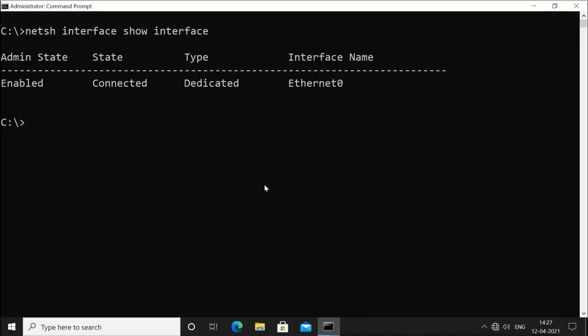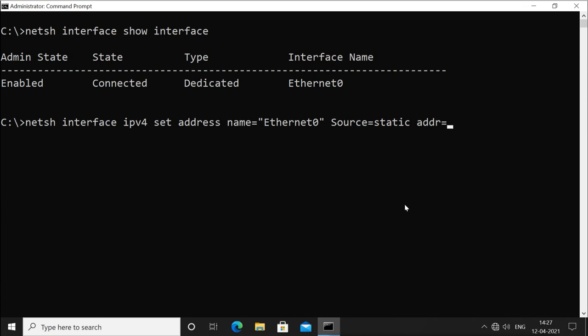This time you will use interface ipv4 set address and name equal to Ethernet 0. Source equal to static, then addr equal to whatever address you want to configure, 10.10.10.1.